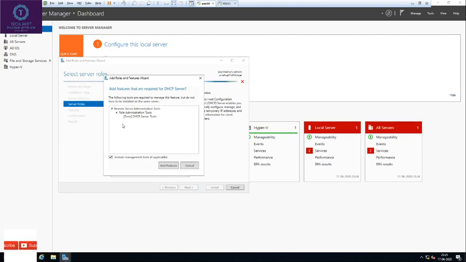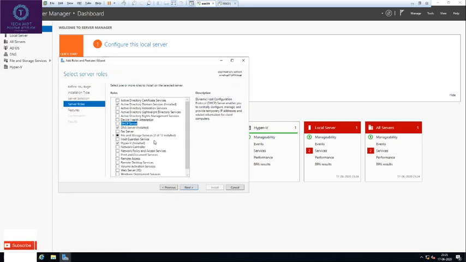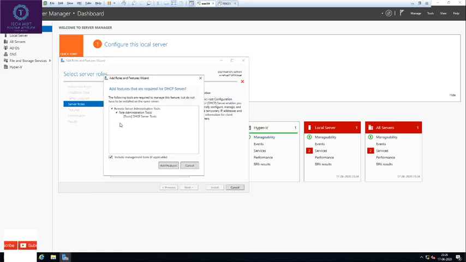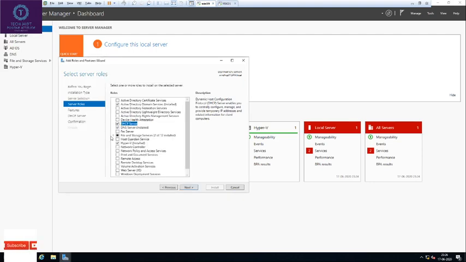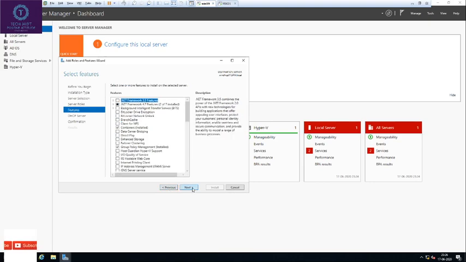Click on that. Once you click the checkbox, you can see the option. It is used for installing the features of that role. That is called management tools. If you remove this tick, the management tools will not get installed. It will install only the DHCP role, but it is mandatory to install management tools. The management tools will be the DHCP server tools. Once the option is selected, hit next.